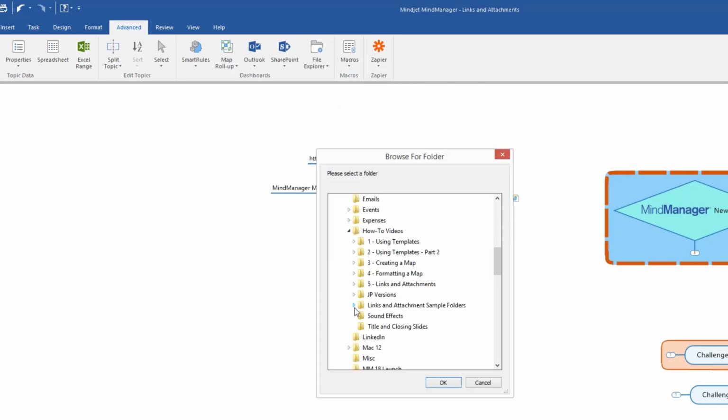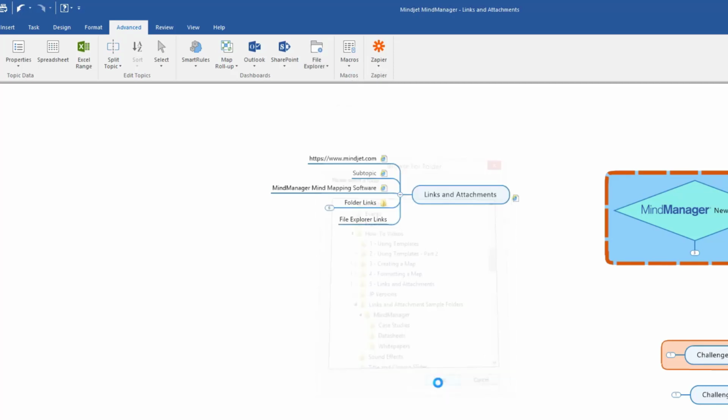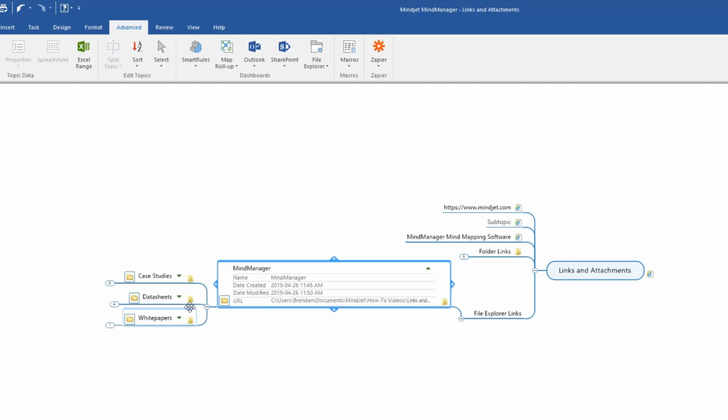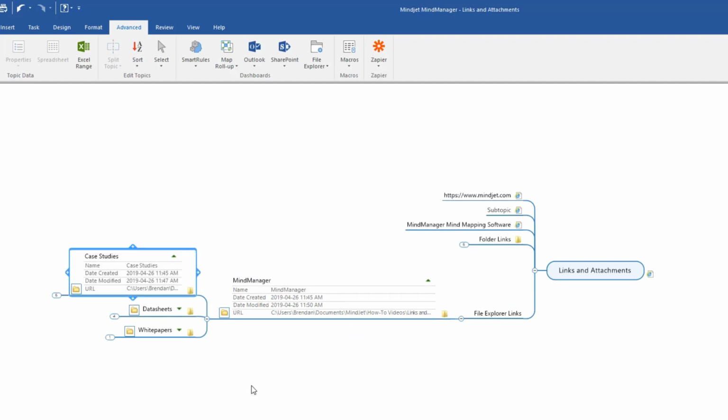Open the File Explorer window and select the folder you would like to link to. Click OK. All subfolders and files saved in that master folder will now be added as subtopics in your map. Click the green arrows on each subtopic to see